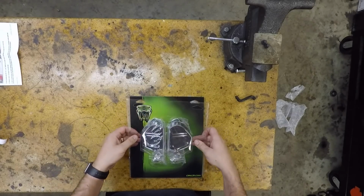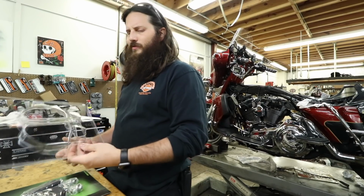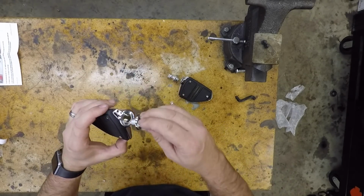When you're unpackaging these, it is really easy to throw stuff on the ground. Not that I've ever done anything like that, but just keep that in mind. Pretty standard stuff coming in the package here. I would like to point out though that